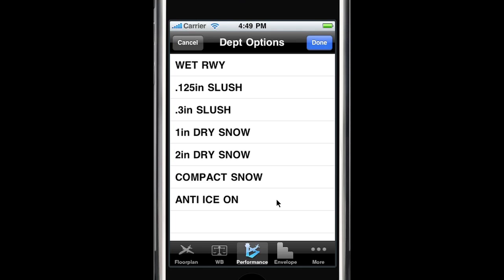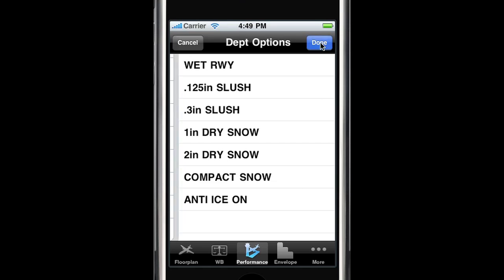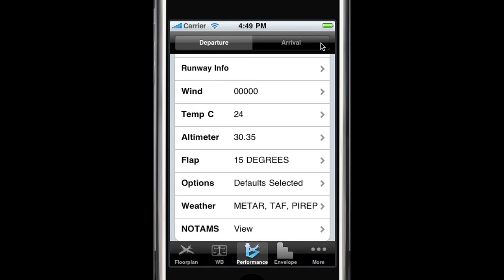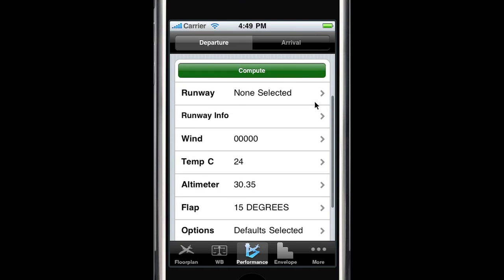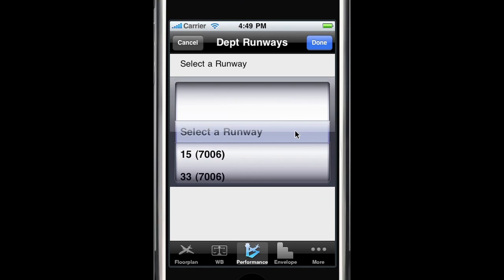Any of the performance decrements that are taken into account in the AFM have been digitized. So the options page will have those available for the pilot to select, and if he does select them, those factors will be taken into account for the takeoff performance calculation. At this point, let us select a runway. Here we select runway 33 DP,